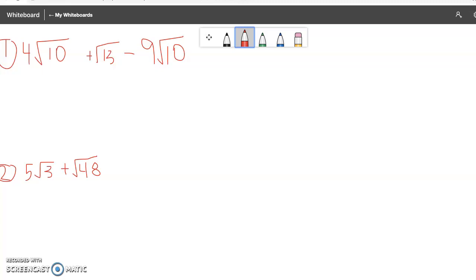Hi boys, this is another radical lesson that involves simplifying with radicals. So if you are not comfortable with simplifying radicals, please review prior videos that I have shown from chapter 11, section 2. This one is dealing with adding and subtracting radicals, and it is very similar to how you would